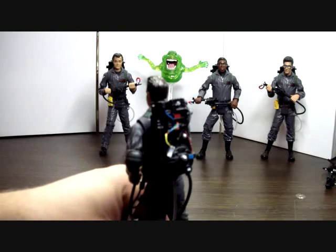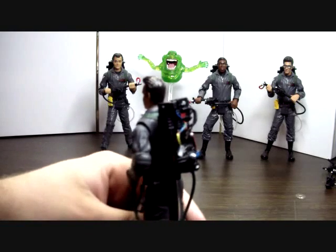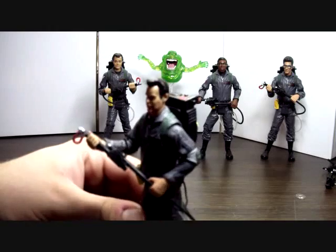You know, my experience with 6-inch Ghostbusters up until this point has been the Real Ghostbusters stuff where the packs were all purple. But